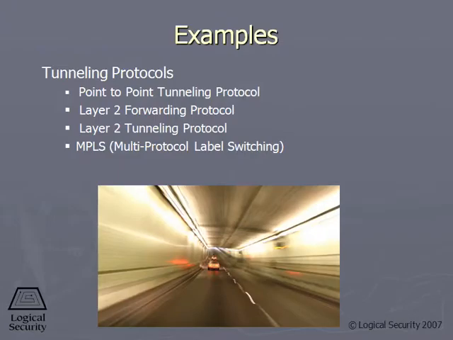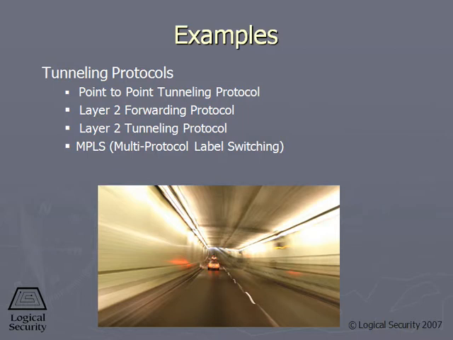So there are different types of tunneling protocols. Now, one thing is that a tunneling protocol does not mean that you automatically have encryption or confidentiality. So you can have a VPN that has a tunneling protocol that is not providing encryption. It's very rare, but the important piece is that you shouldn't assume that a tunneling protocol automatically means encryption. They're different concepts. A tunneling protocol could be used in things that are not referred to as VPN, but the protocols that we do use for VPNs are tunneling protocols.